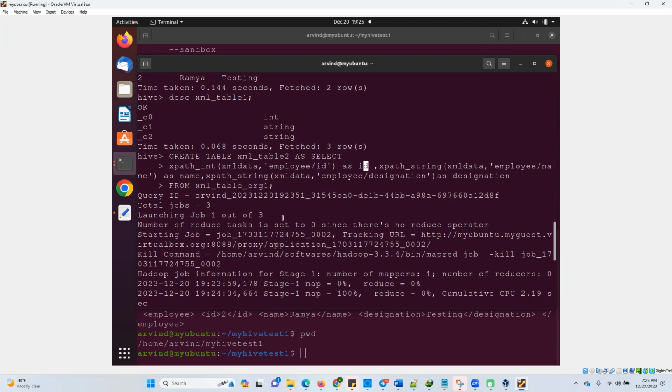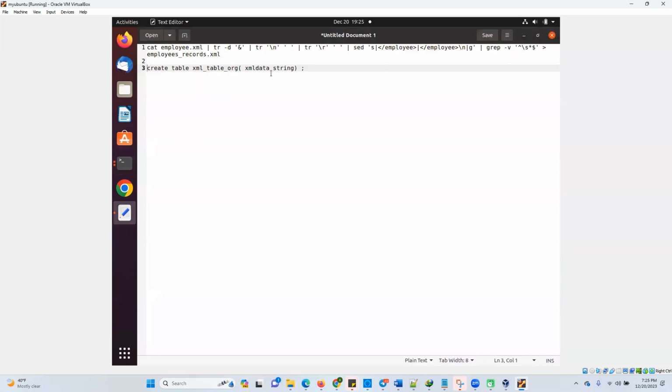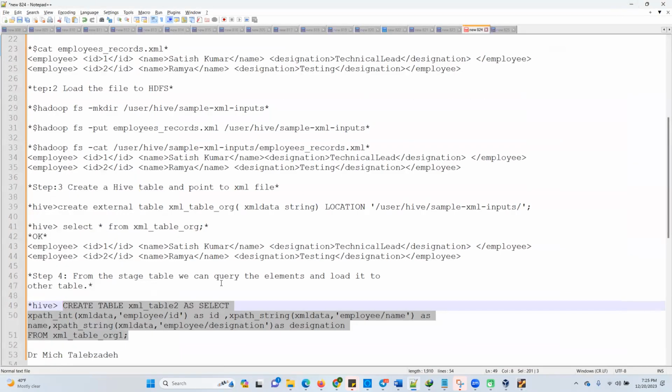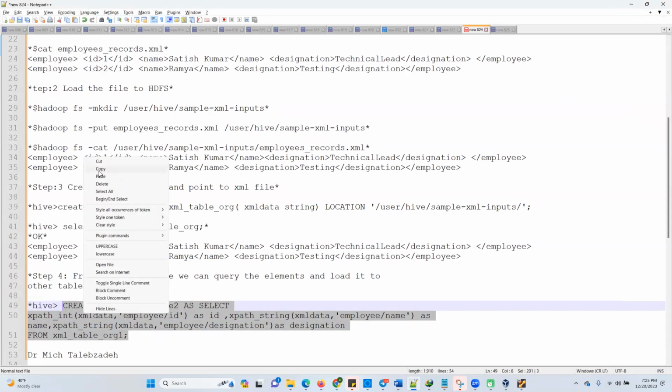So this is clear, everyone. Internal or external, whatever you want to keep, it's up to you. The only difference is that for external, you are giving a location, right? Otherwise, internal will go to the warehouse directly. So there is no change in that. Okay. So after this step,